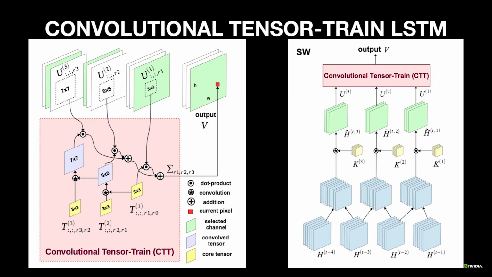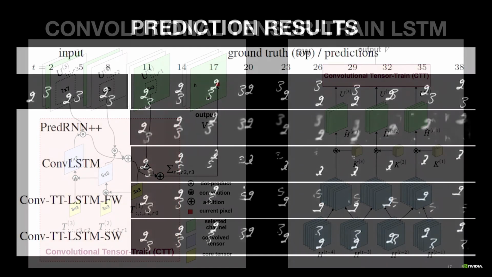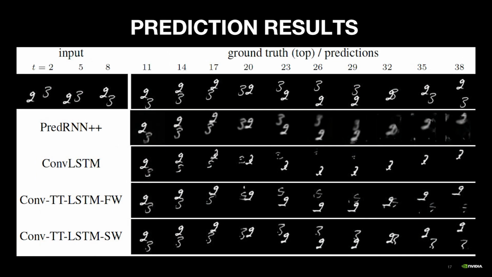And so what we did was we essentially did a convolutional version of the tensor train. The idea is convolution is essential for images and also for propagating forward in time. So we built convolution operations along with the tensor operations. And what we see is, compared to the state-of-the-art as well as the baseline, it's able to propagate long-range correlations much more effectively. Here you see even up to the 38th frame, which is way ahead, right? It has to generate all the way up to the 38th frame forward.